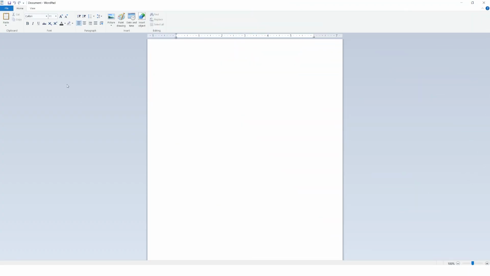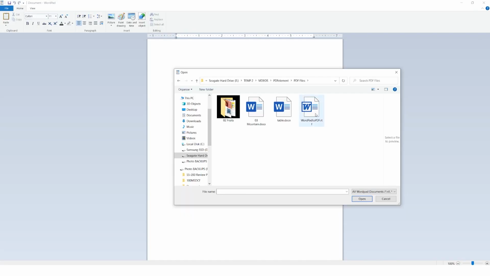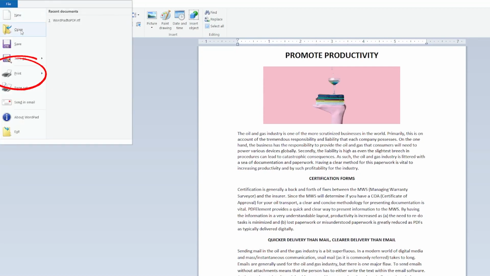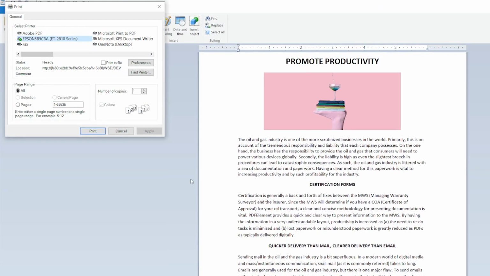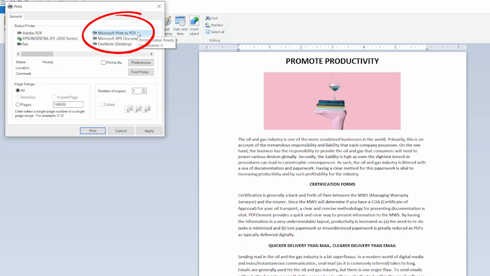Step 1. Launch WordPad on your Windows device and open the WordPad file you want to convert to PDF by going to File and selecting Open, then selecting your file from its folder location. Step 2. Select File from the top left corner and click Print. In the dialog box in the Select Printer section, look for Microsoft Print to PDF and select it, then hit